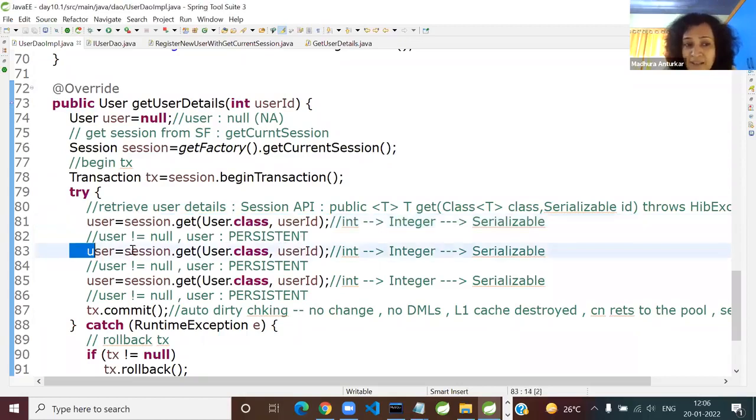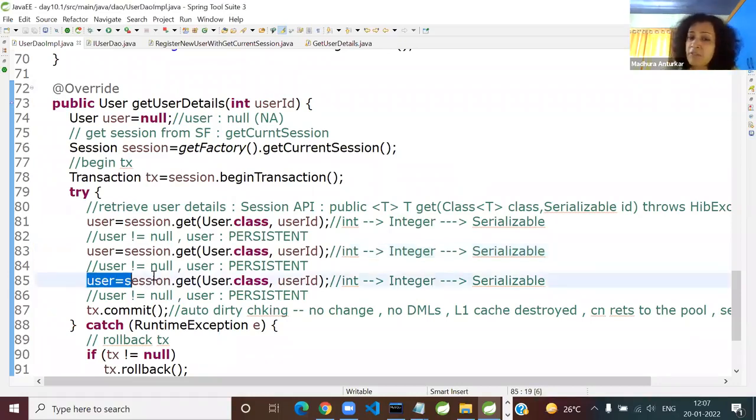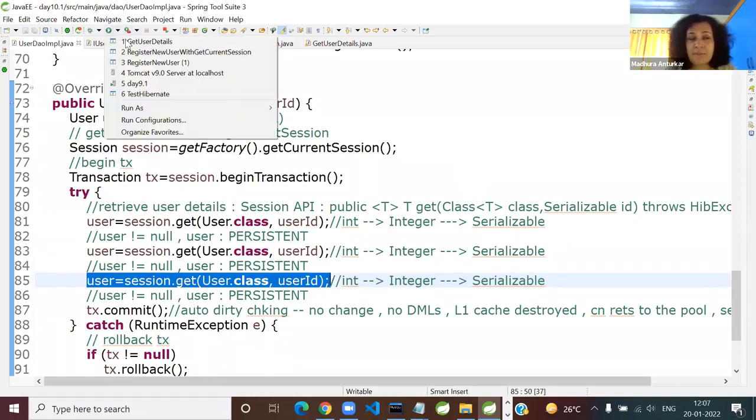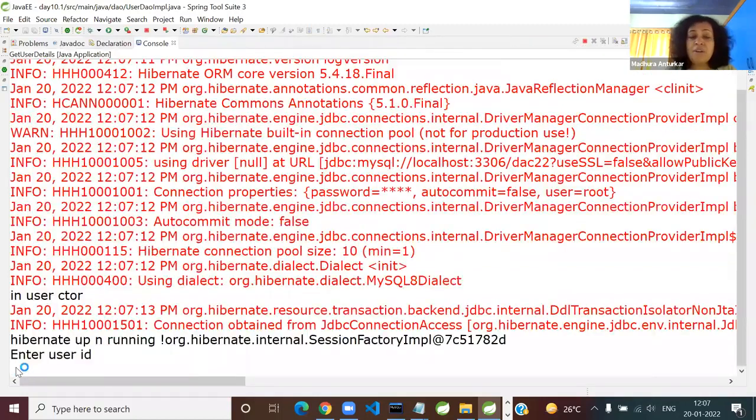Now the next time you say, is it going to lift the details from L1 cache or database? Simple question, simple answer. Of course, L1 cache. So every time Hibernate is going to look into the entity level cache, L1 cache, session level cache, and if it does not find it, then it will fire the query. You got me? And of course, the same thing will happen for the third time. Confirm. Best is confirmation. This is what will tell you in a 100% clear manner